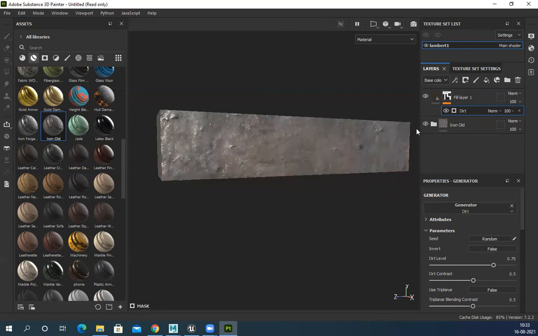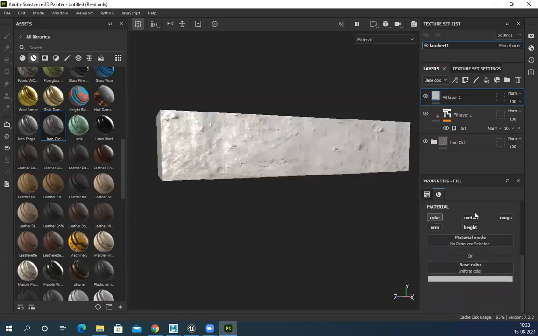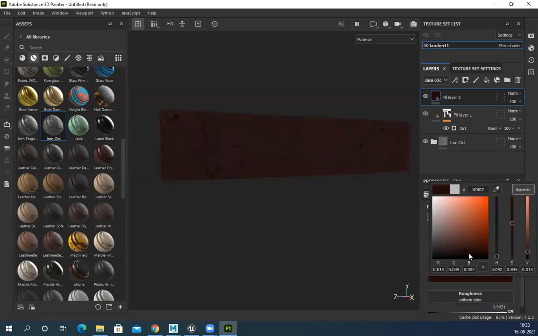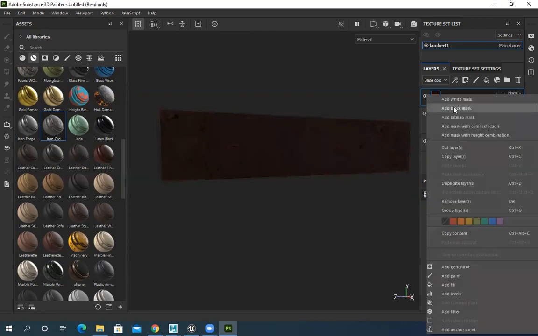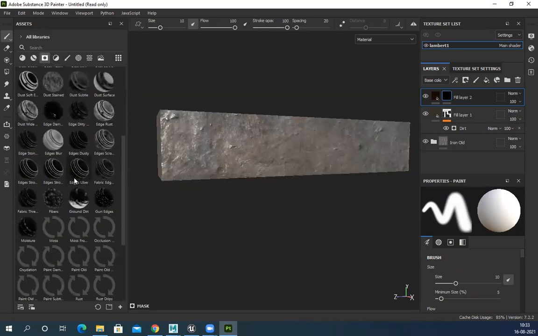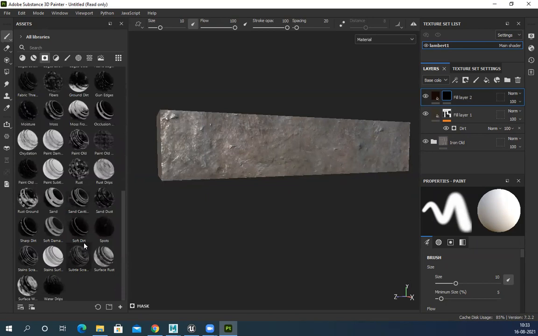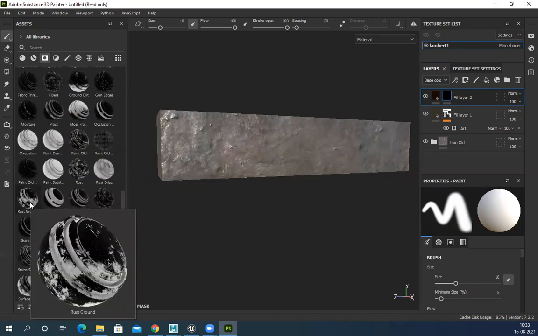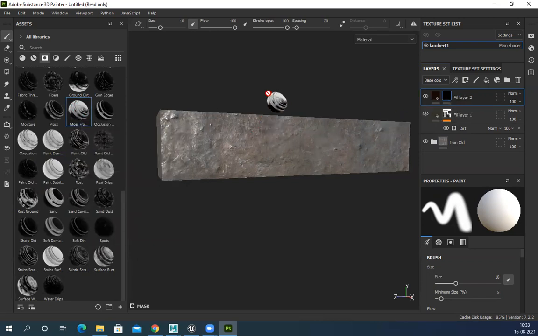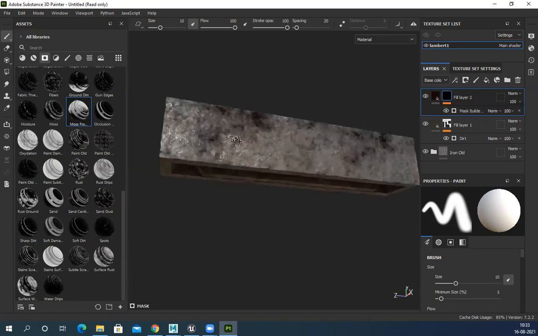I can do it manually if I want, or if I want, I can add some rust or dirt here also. So for that, let's create another layer, only color and roughness. Roughness is like matte, almost full matte. This is more dark brownish. Black mask, and this will go to mask. All this mask, we have smart mask. There is something called ground rust. Similarly, moss and all these things, this generates from top. So I need dirt because this will be connected to the ceiling, right? So it will generate dirt from that area.